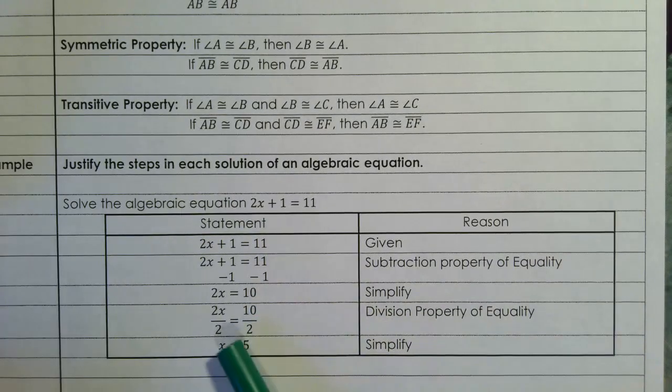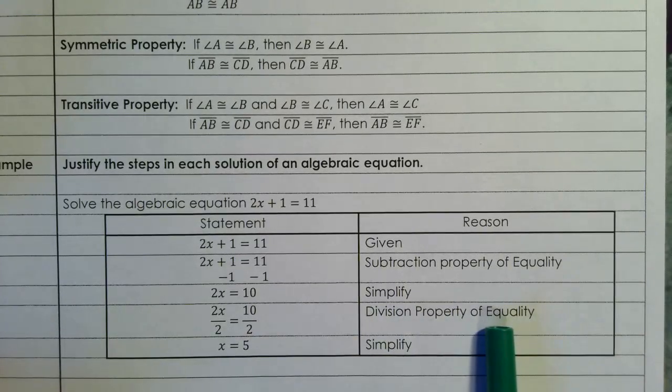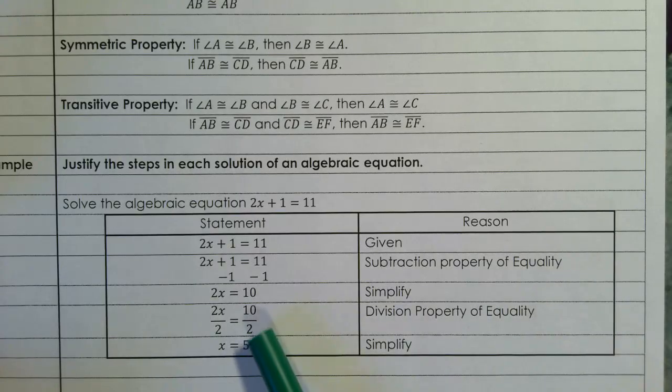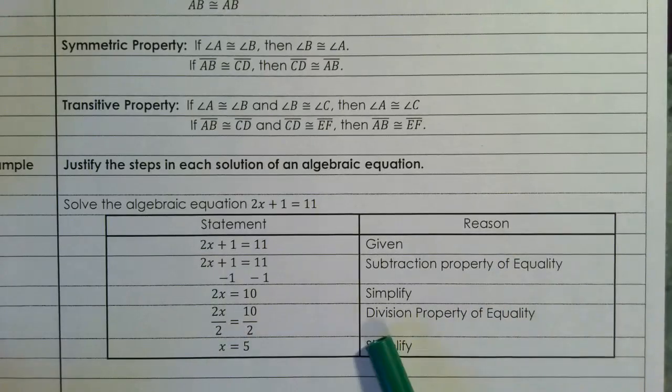So then I divided both sides by 2. So that's the division property of equality because we did it on both sides. And then I just simplified down. 10 divided by 2 is 5. So then I got that. So this is what it's going to look like in the end, but let's see how we can do it